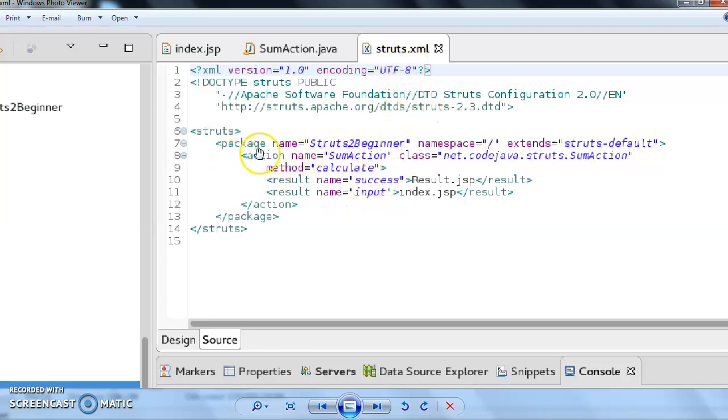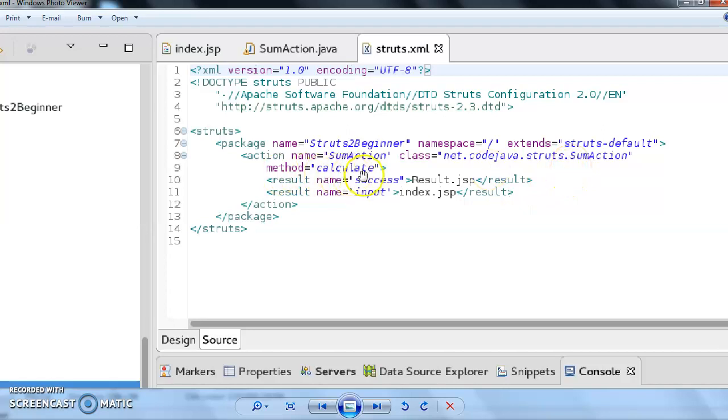The package name means the name of our project. Then the action name is sumAction because this is performing our business logic, and the class of our SumAction is net.code.java.struts.SumAction, because we already imported that package in our Java class.